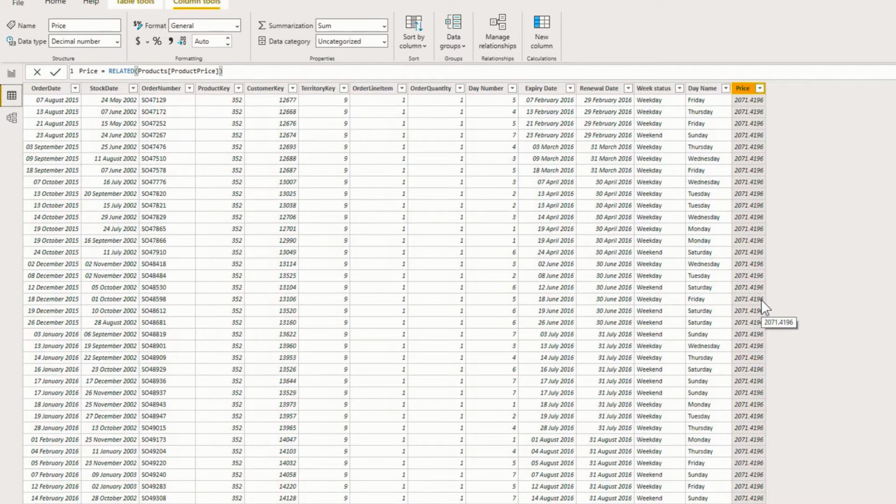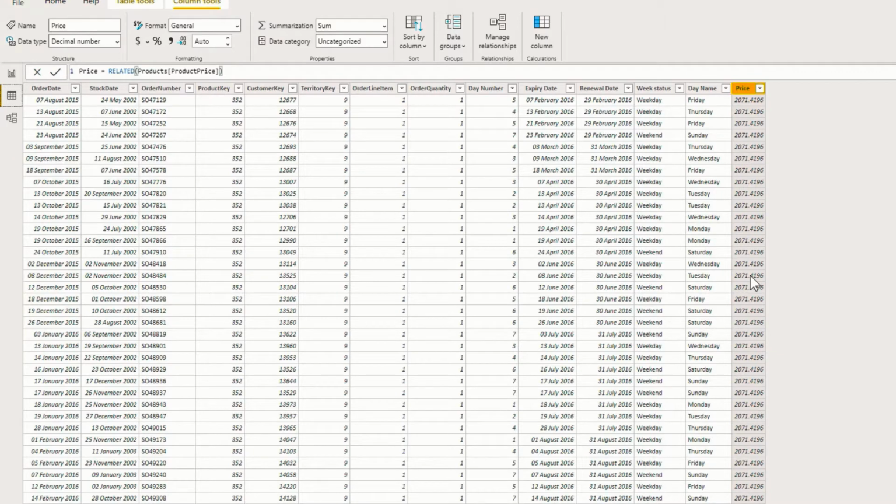So whenever you try to give an argument as a column name for functions like RELATED, but you are unable to find the table in the list, that means those tables are not connected or do not have any relationship established between them. So you will have to first connect those tables using a key, and then go ahead with using the RELATED function.